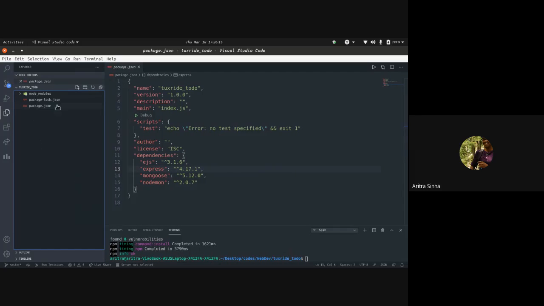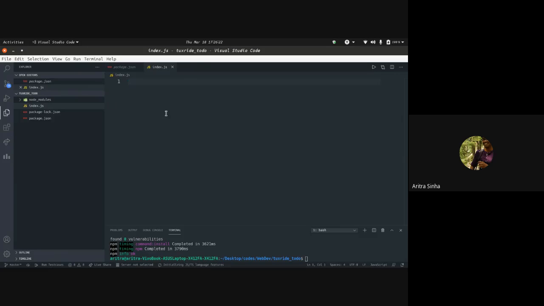Now let's start with our program. We first create an index.js, which we added as an entry point while we were creating npm init. I'm telling you again that we have to follow the same thing even if we do that in REPL. So let's start with const express equal to require express.